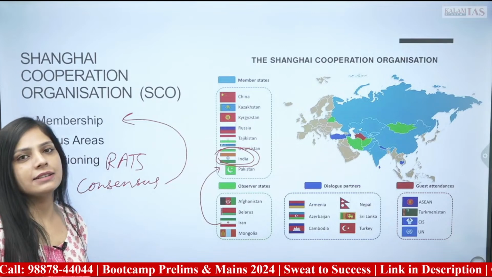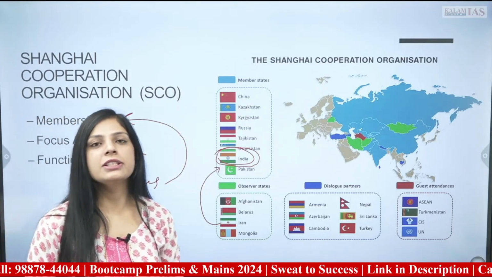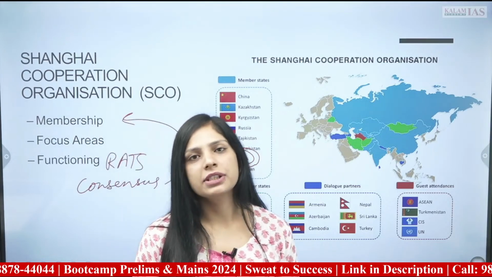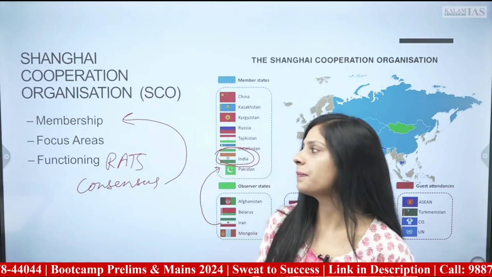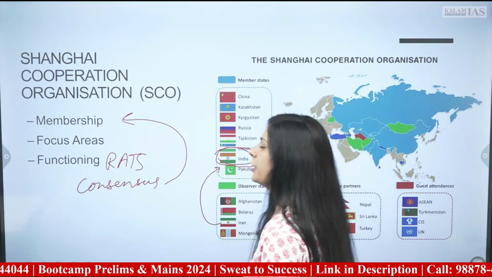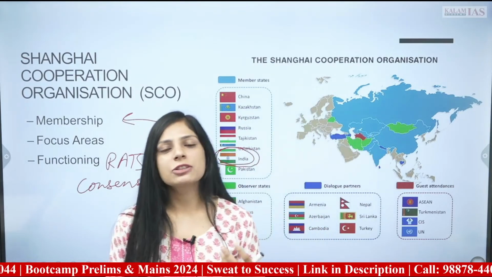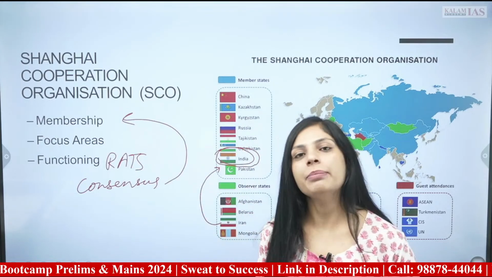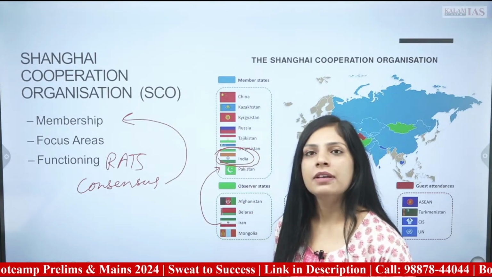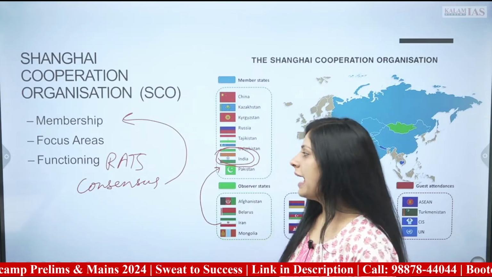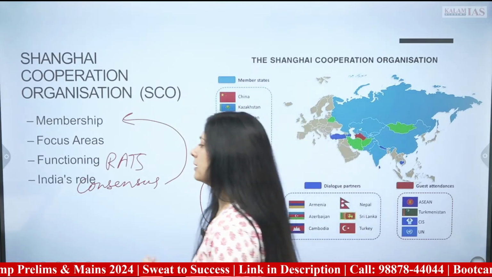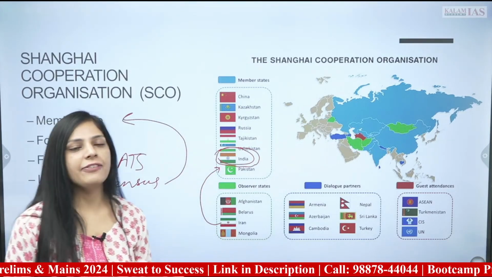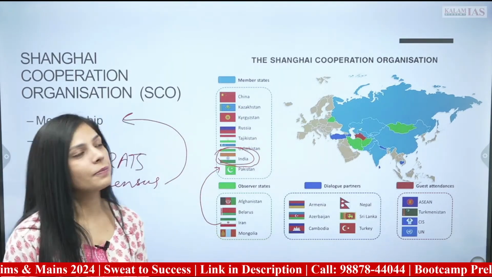you can think that there would be a challenge in the institution regarding the convergence of interest, right? So from these you can also see what challenges could be there in an institution, right? And how it can be made more effective, right? In that perspective, you can also look at India's role, how India has fared in that grouping.